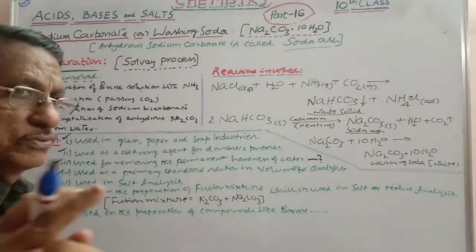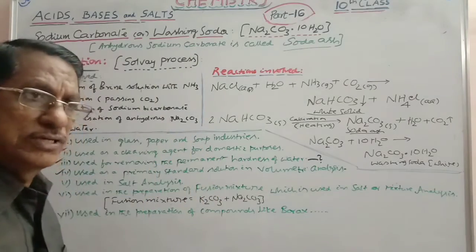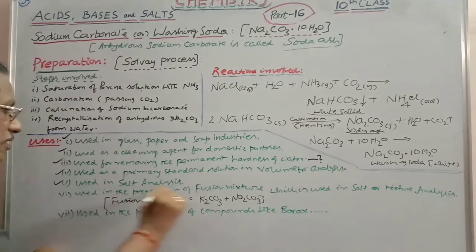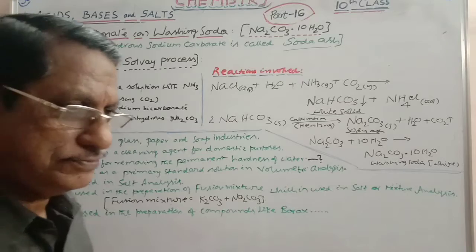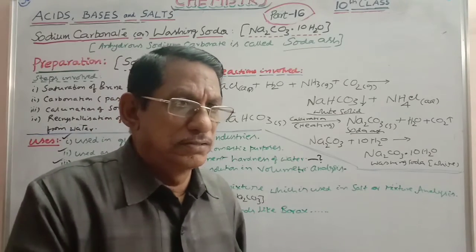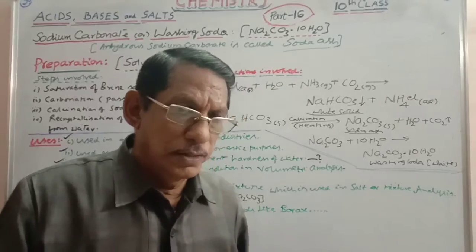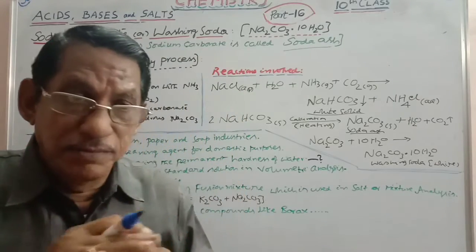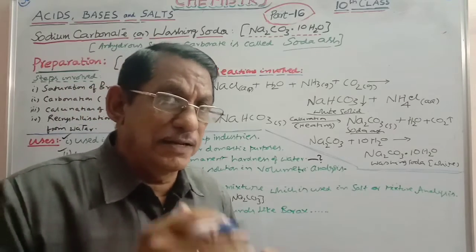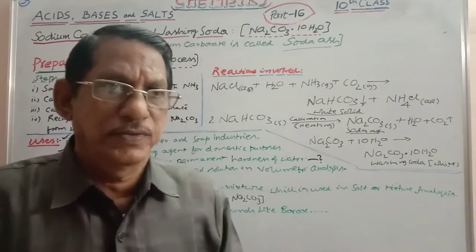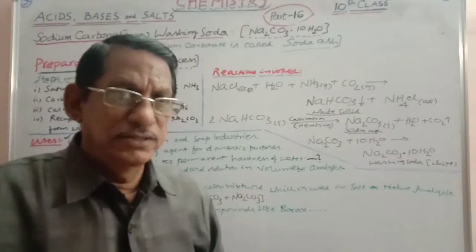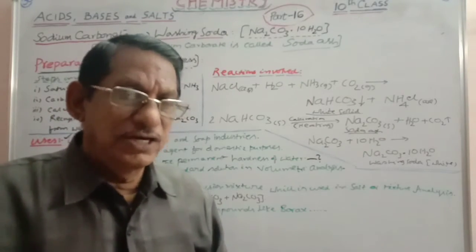This is also very important. You are going to do it in +2 level experiments. Okay, not now. Next, it is used in salt analysis. This is very important. A salt is given, like calcium carbonate. The name is not given, and you have to find the cation and anion present in the salt. That is salt analysis. You have to do the experiment for all the types of anions, whether it is chloride or sulfate or nitrate or bicarbonate, etc.